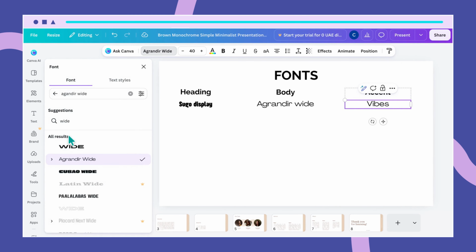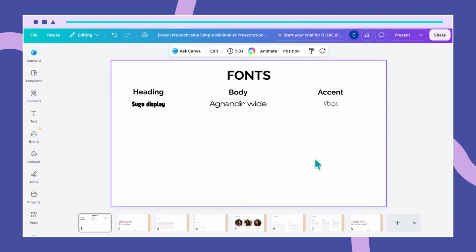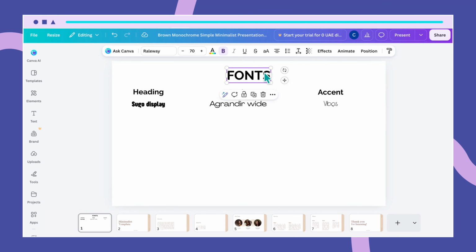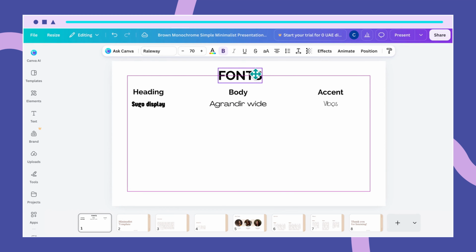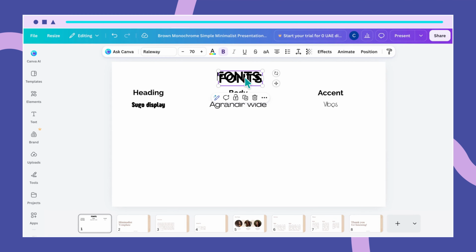Then go over to the font section to type in here vibes. It should pop up and I'll select that. So we have the fonts that we will be using in our design. Now I'm going to just reposition fonts, center it like that, and then duplicate font so that I can include